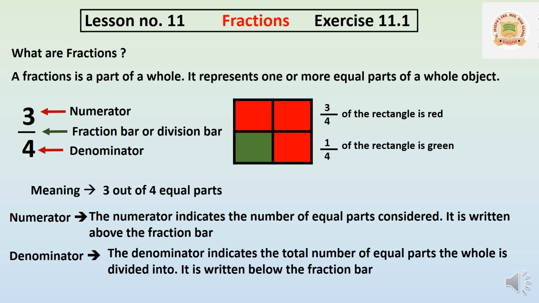So here one square was there, that is one complete square, but how many equal parts have we made? 4 parts. The number of equal parts you have made is called the denominator. How many parts you have shaded is the numerator. The denominator will always be written below the fraction bar, and the numerator will always be written above the fraction bar. We have to keep that in mind, children. Let us move to the next part of the lesson.